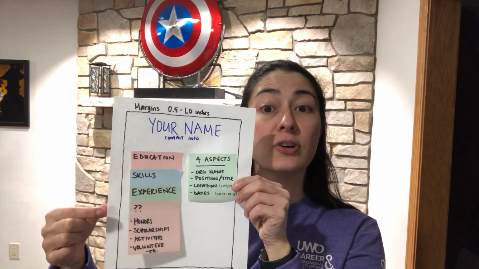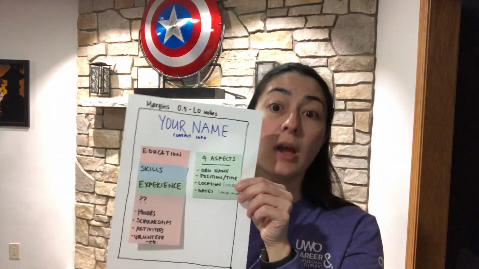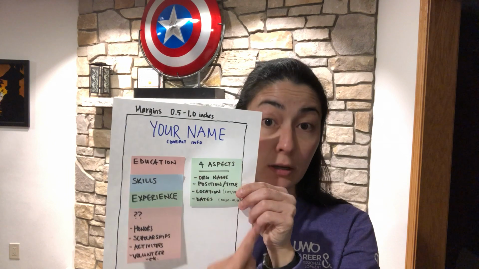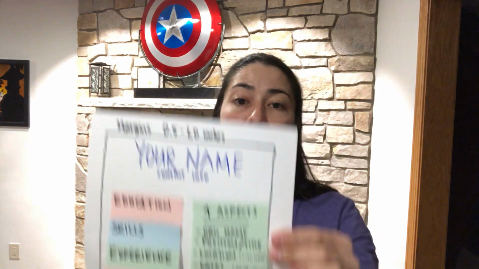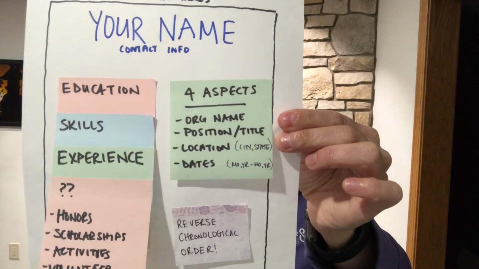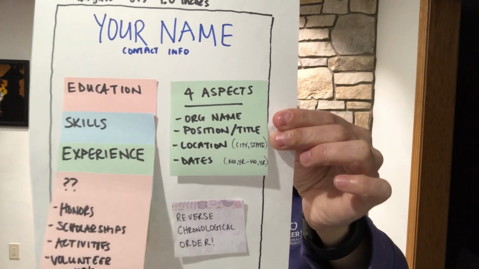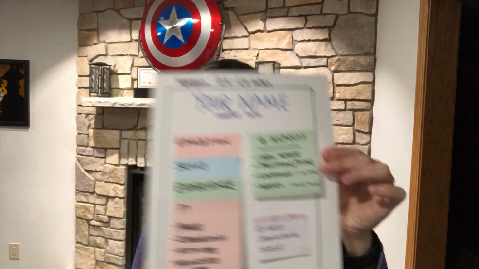So for your education, your experience, and your mystery section here, these 4 pieces of information need to be included. Additionally, for those 3 sections, you're going to want to make sure that they're in reverse chronological order, which means if you have more than one place of employment, you need to put down what is most current first, followed by the next most current, and so on and so forth until you get to the end. But these are the basic sections that you want for your resume.